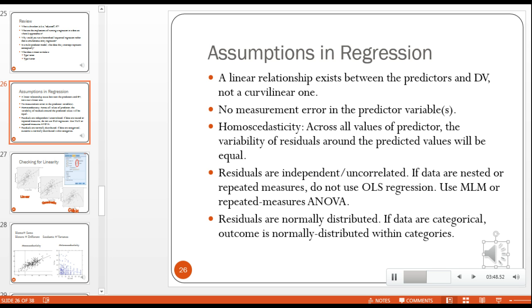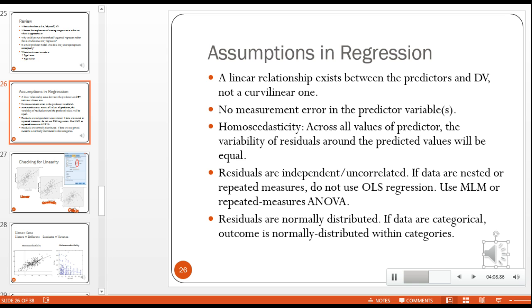I highly recommend his chapter called The Beast of Bias. It is very thorough, and it gives you all kinds of different options to try when assumptions are violated. I'm not going to go over all of those in this lecture because it's just vast, but it's there mainly for your reference in Field.